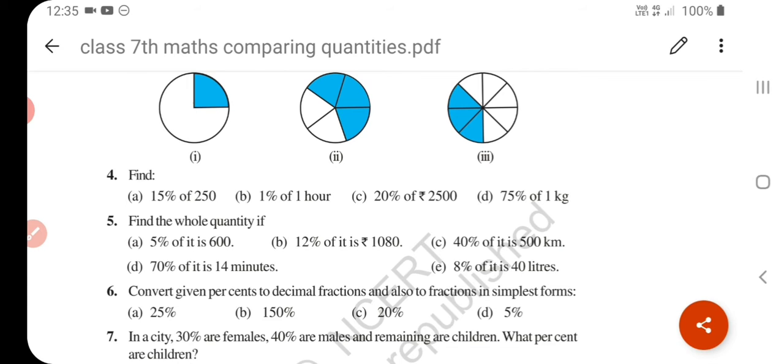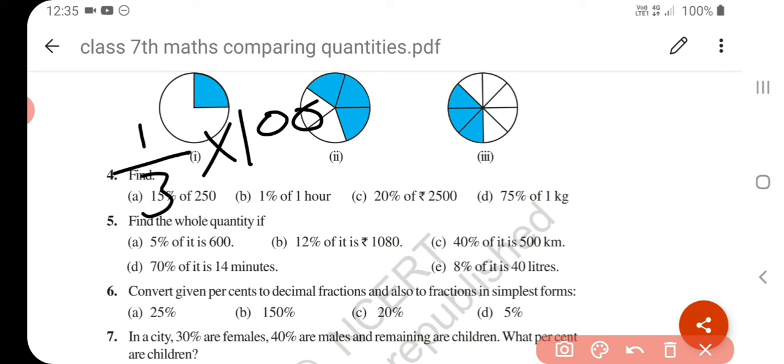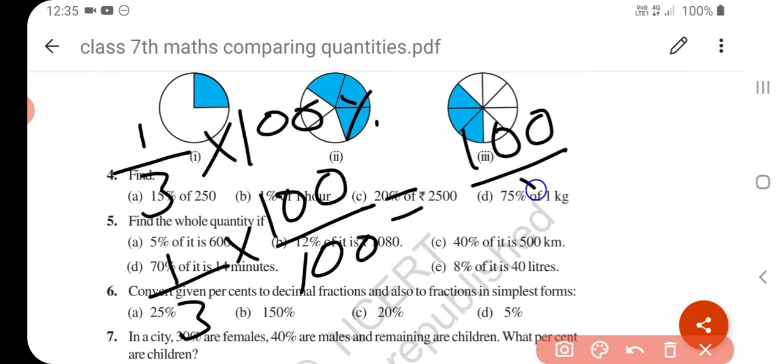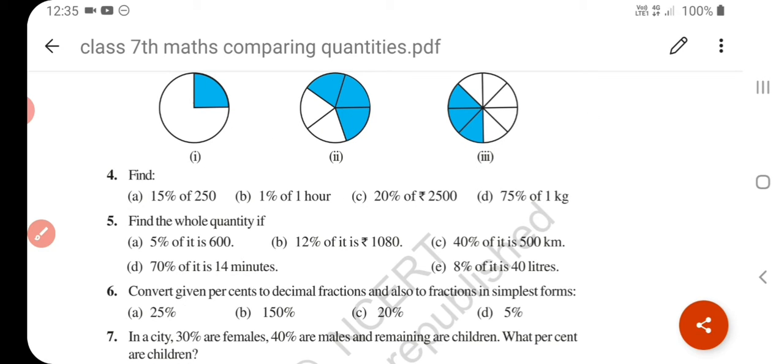Now, converting a fraction number to a percentage. If we want to convert a fraction into a percentage, what can we do? 1/3 we have to multiply by 100%. So it becomes 1/3 into 100/100. What is the meaning of percentage, children? 100/100. And it becomes 100/3%. When you divide it, you can easily find the percentage.